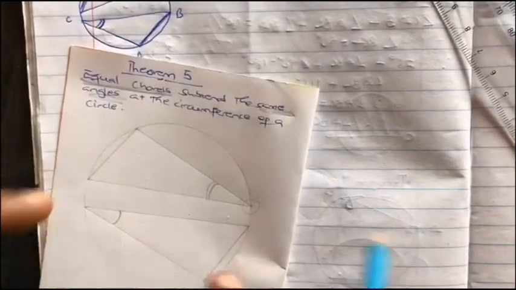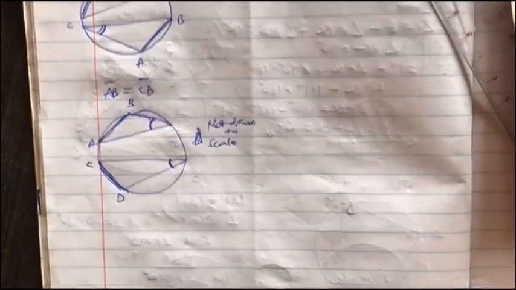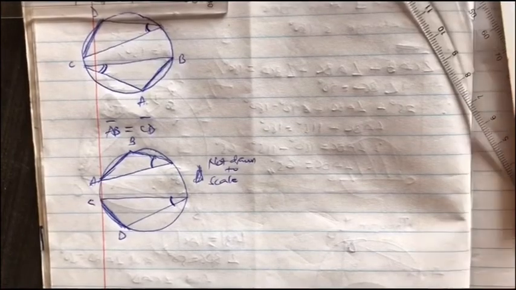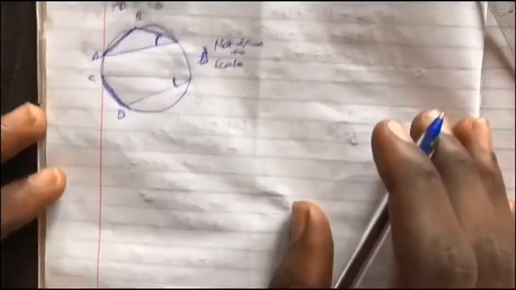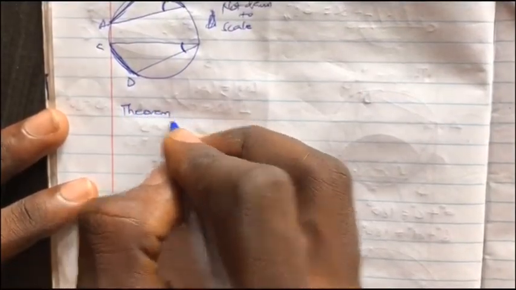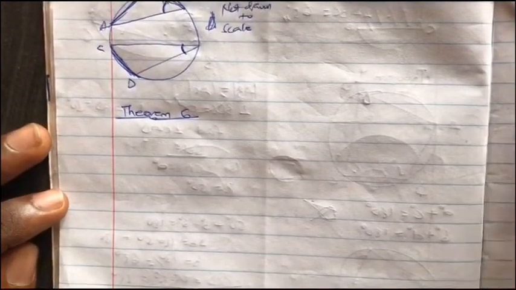So it can be this way, or they can be on the same side. They will subtend the same angle. Okay, so kindly note that. We will solve more questions, and then we are going to introduce this as well. So kindly remember and try to understand before we move to the next. So the next theorem is theorem 6. Theorem 6 states that equal chords